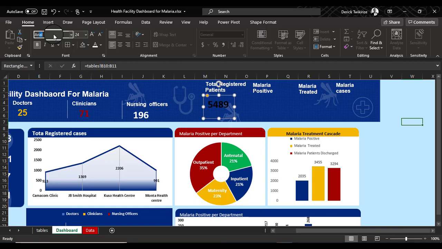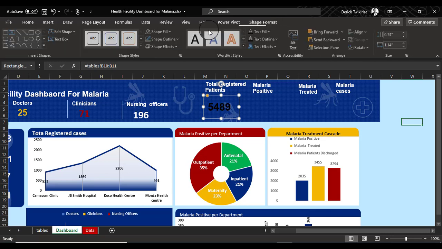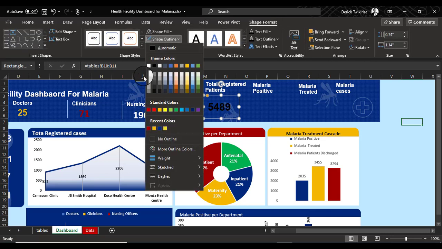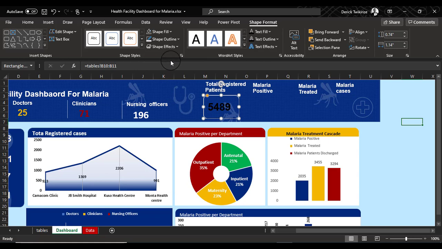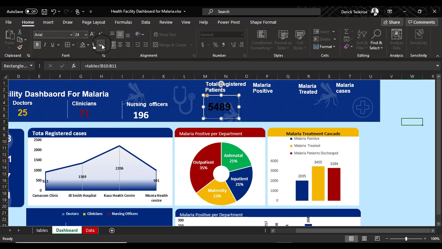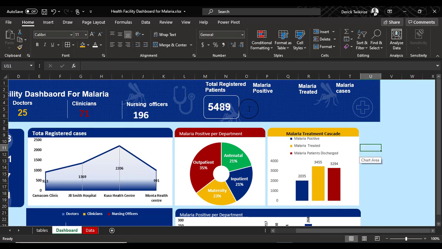Again, I want this to be an area. So this time we could have just a little outline, and then of course the font will remain white. We just have a little carving out. So we could do the same